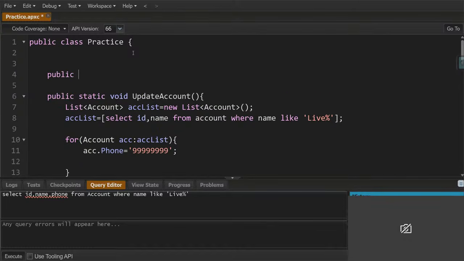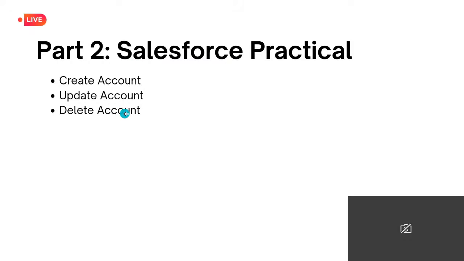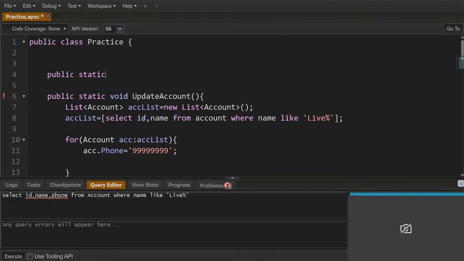So now write public static. We are just simply writing a method to delete the account. Whatever live accounts we have created, we are going to delete them in the same method. So this will help you create multiple records in whatever Salesforce org we have in one program. So public static void delete account,